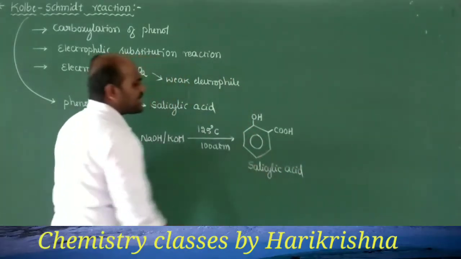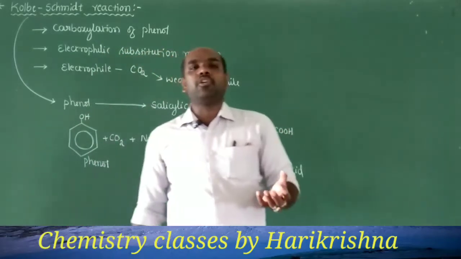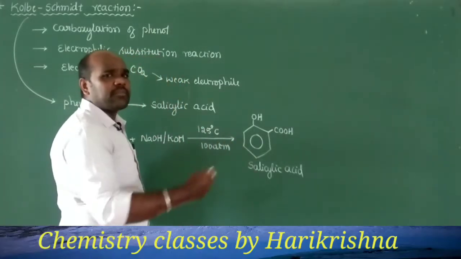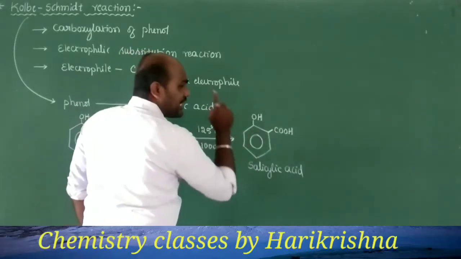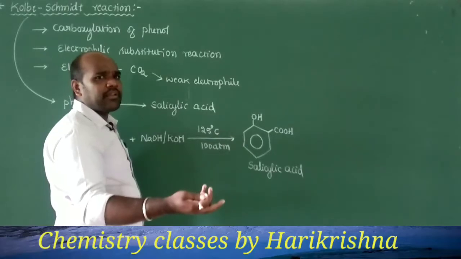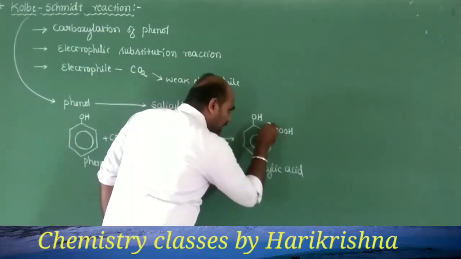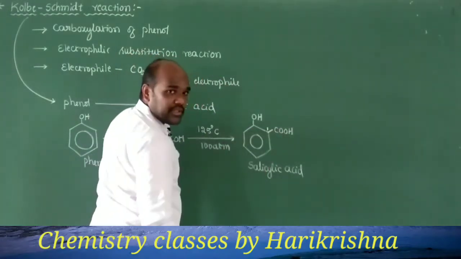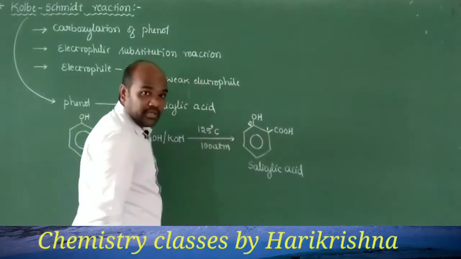Salicylic acid is the common name for this material, but in chemistry we always prefer to go with IUPAC nomenclature. To give the IUPAC name, we first select the priority group, and the other groups become substituents. Obviously carboxylic acid is the highest priority functional group, so position number 1 is given to the carbon containing the carboxylic group, and the carbon having the OH group becomes position number 2.